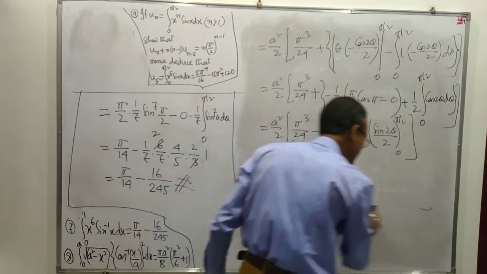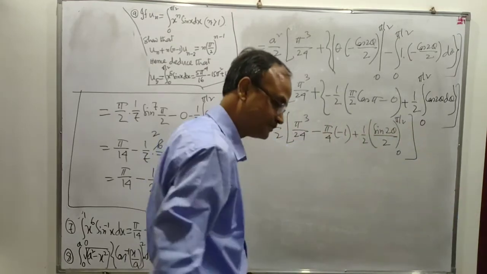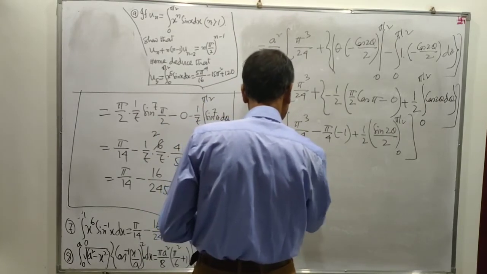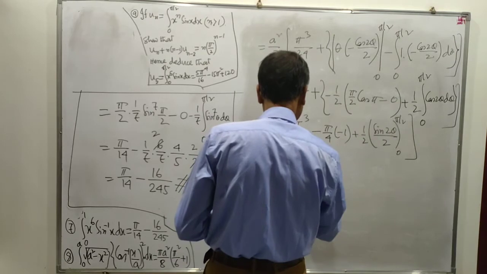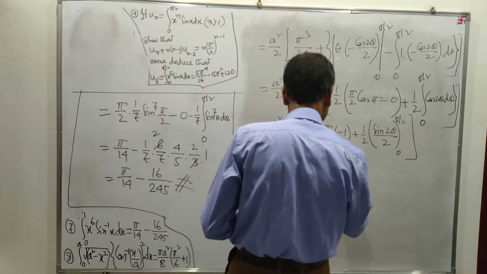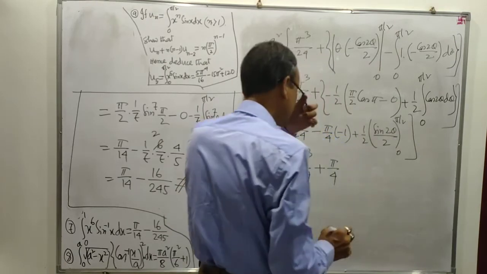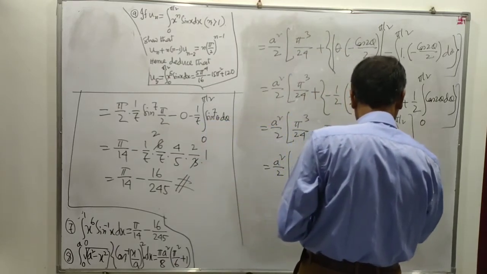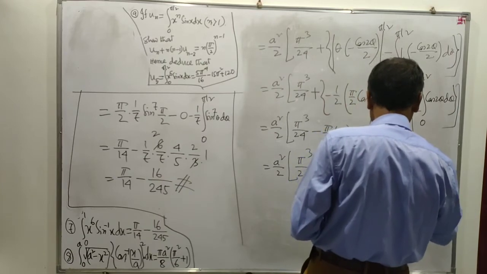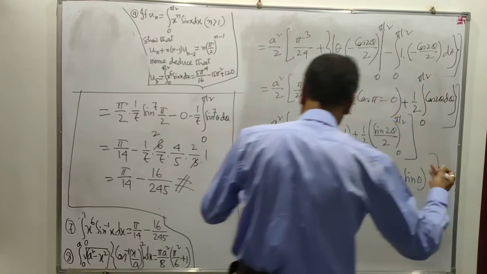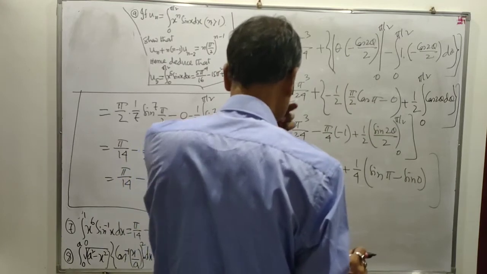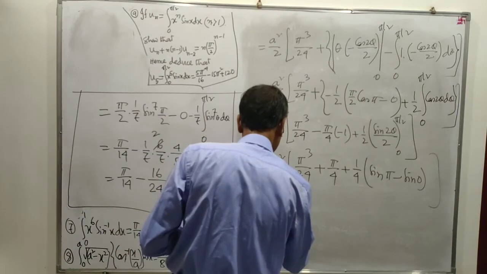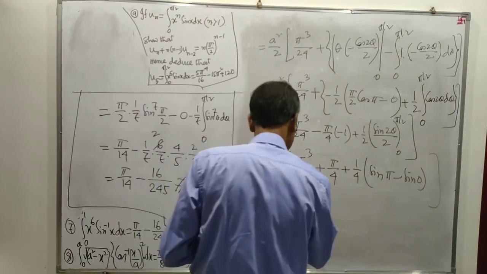No mistake has been done. This is equal to a square by 2, pi cube divided by 24 plus pi by 4 plus 1 by 2, 1 by 4, it is sin pi minus sin 0. It will be 0. No contribution from this. This is equal to a square by 2